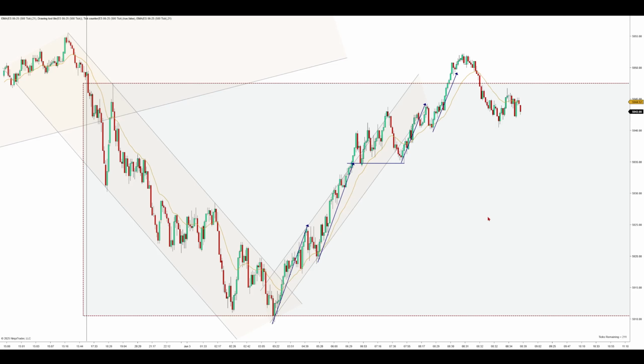We're looking at the ES futures on a 500 tick chart with a 21 EMA. So price is in this uptrend right here, pushing off the overnight low, and you can see we have these two legs up within it. As soon as price met it, it had a burst on through and overshot the channel at the same time, and then retested that measured move level before making two more attempts